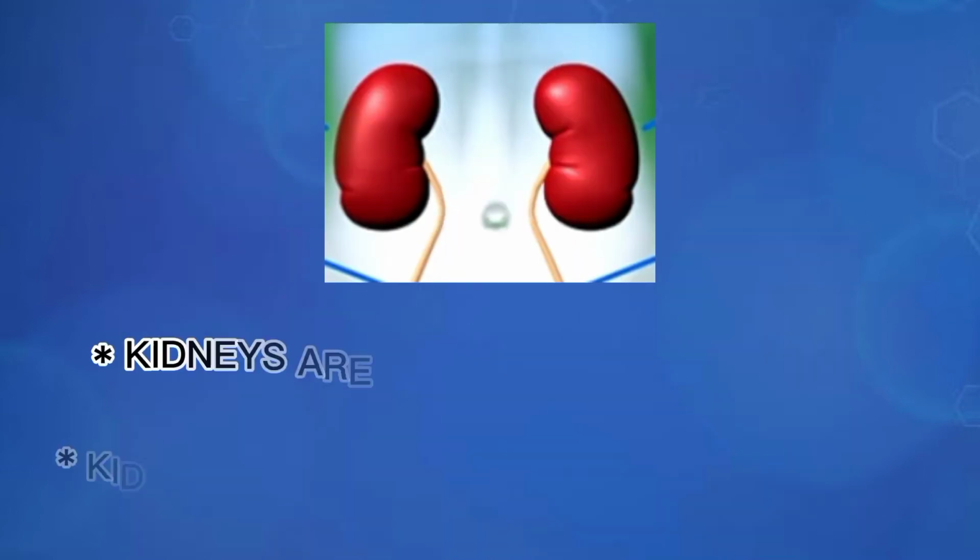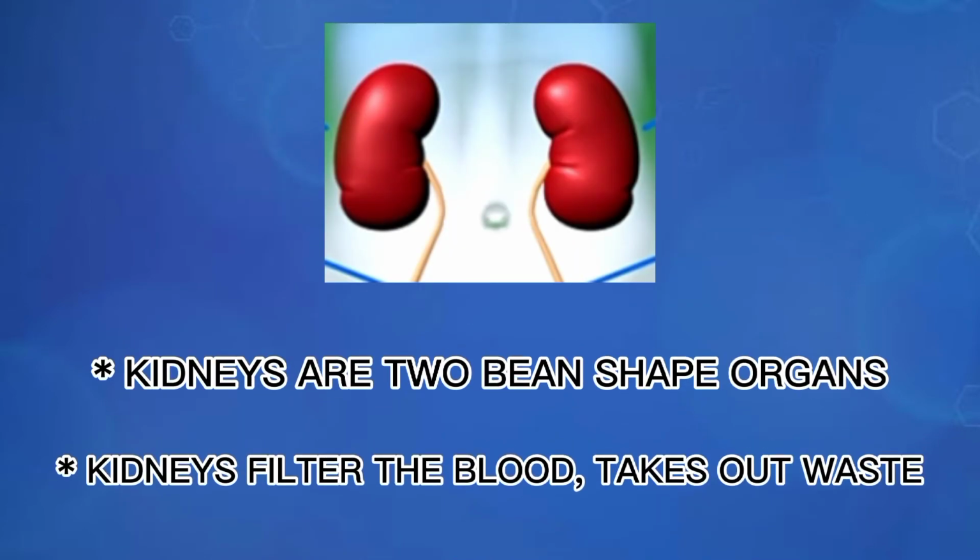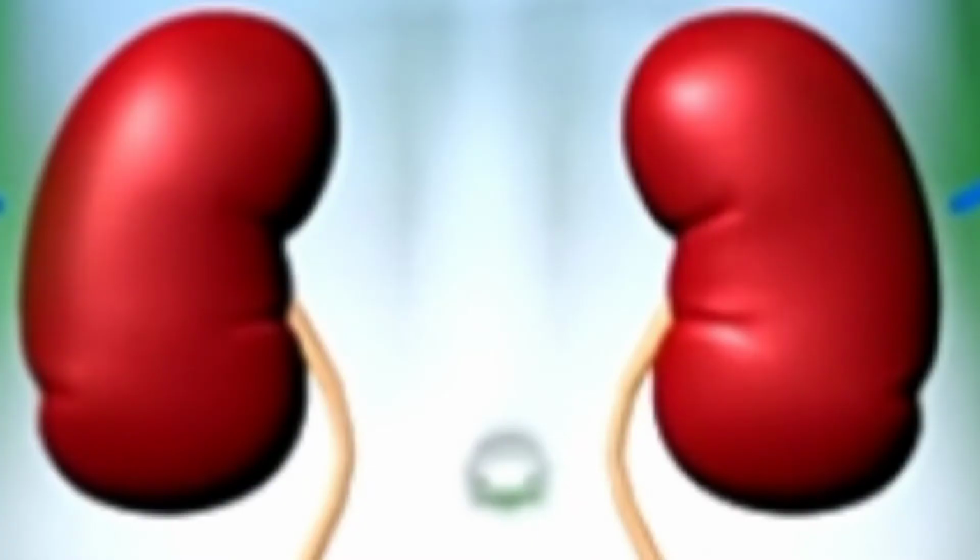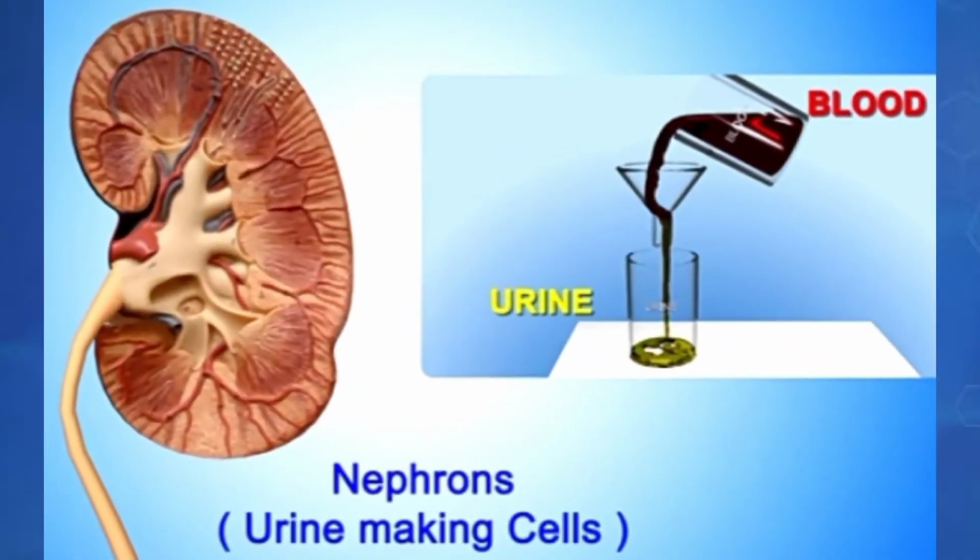The kidneys are 2 bean-shaped organs. All of the body's blood passes through them, and they filter the blood waste liquid and change it into urine. The kidney is made up of several small cells called nephrons. They are like small filters. They keep all nutrients and good blood content and convert waste into urine.